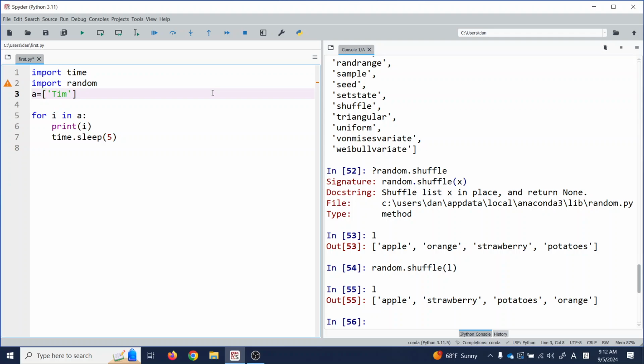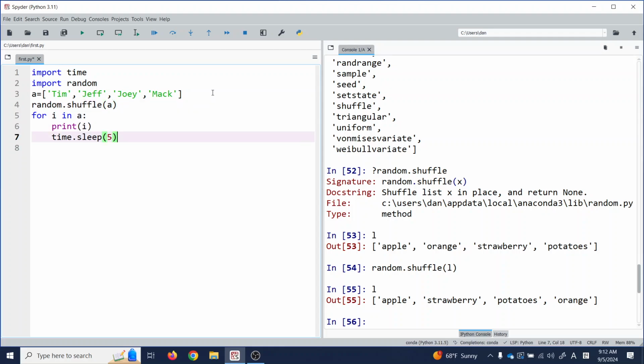Let's say Tim, Jeff, Joey, and then Mac, or something like that. And then you do random.shuffle of A,